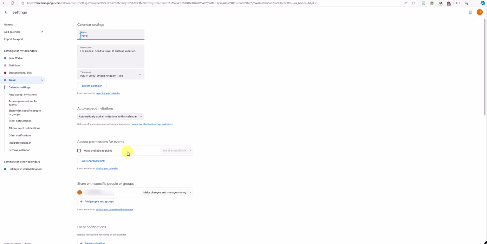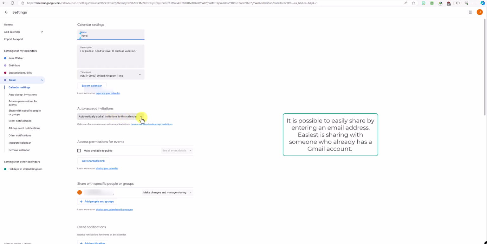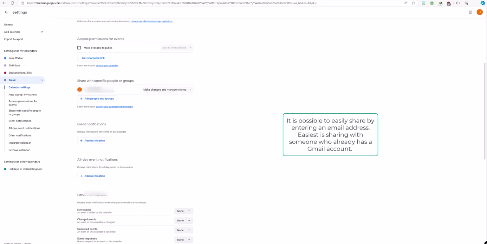You could make it public if you want. You could share that calendar if you want. I tend not to do that with any of my calendars. I don't share with anyone, but you could do that if you want. Now this is the section on